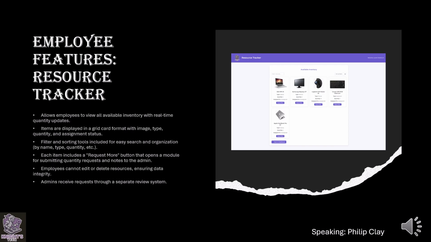Another employee feature is the resource tracker. It allows employees to view all available inventory with real-time quantity updates. Items are displayed in a grid card format with image, type, quantity, and assignment status. There are filtering and sorting tools included for easy search and organization, and they can be by name, by type,